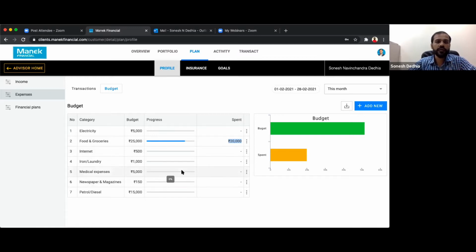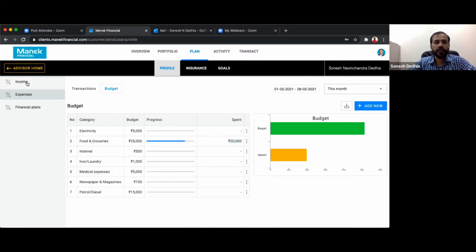So this becomes a very good way of making him understand why it is not good to spend so much. Or if he's saving more and spent less, then it becomes an appreciation for him, where you can just acknowledge that and tell him that now this year we can save more on those fronts.